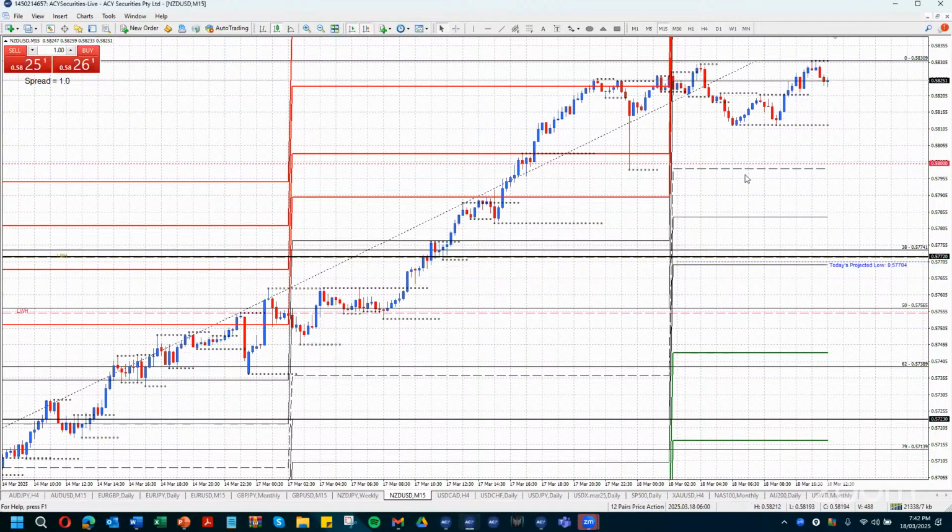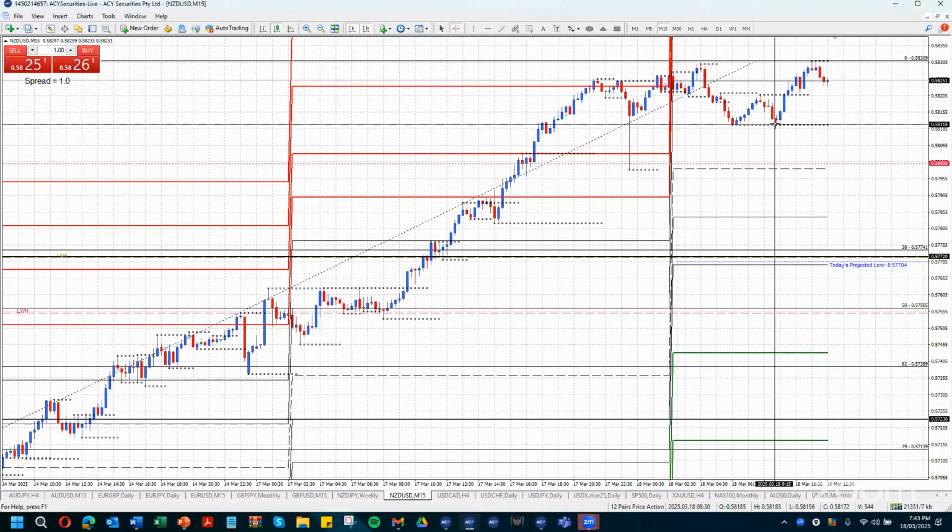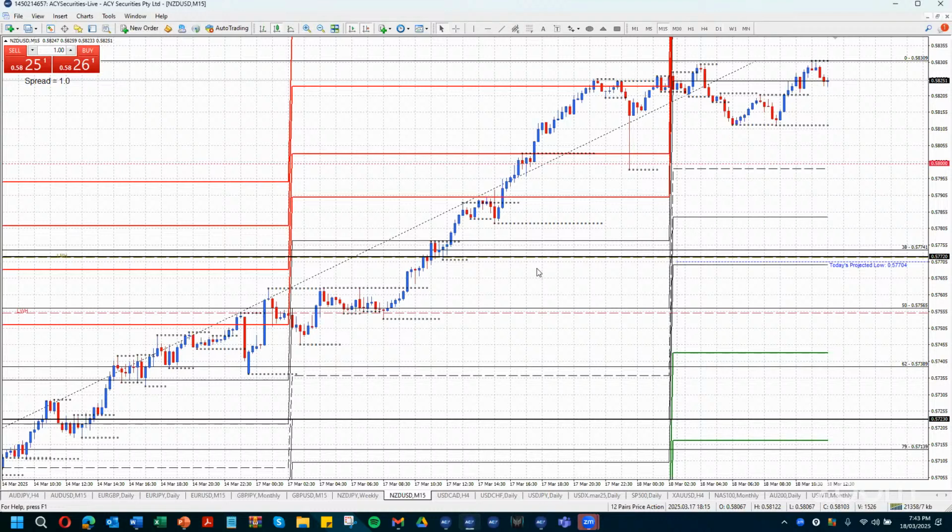New Zealand dollar has got nowhere near the central pivot point, so this is very strong. Even though price action may have only done 20 pips today, it's positive for the day just, and buyers are coming in way ahead of the central pivot point. They don't want to see price down here.